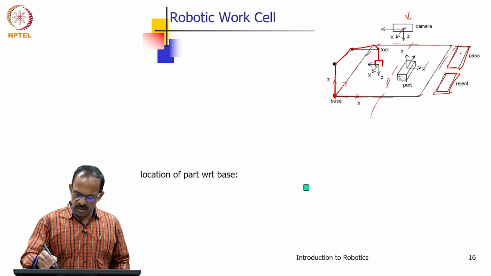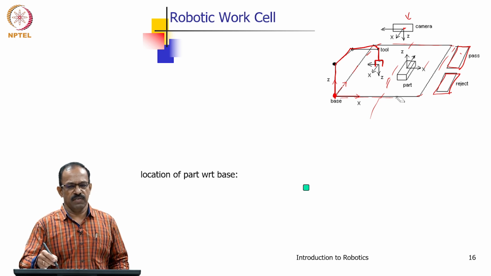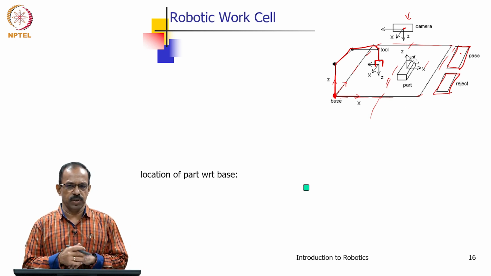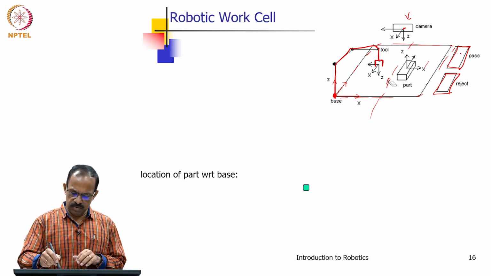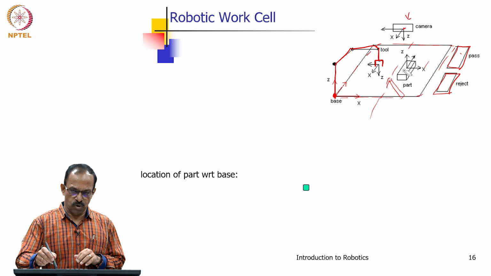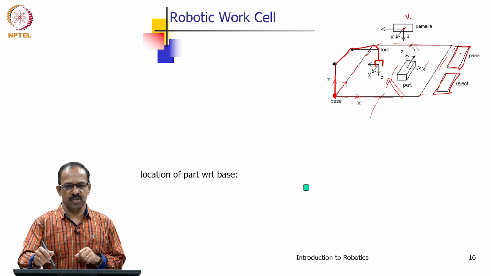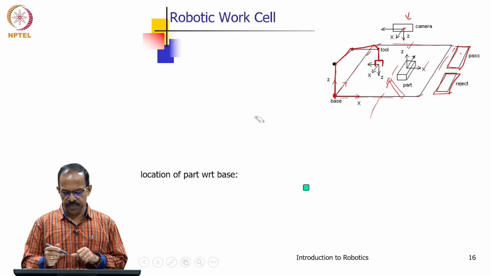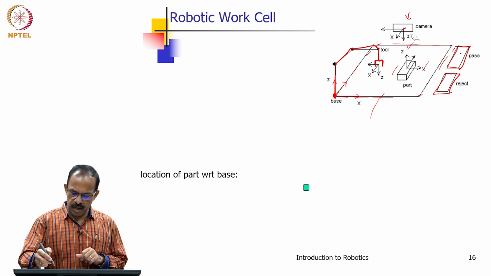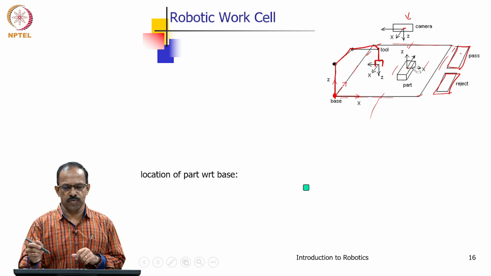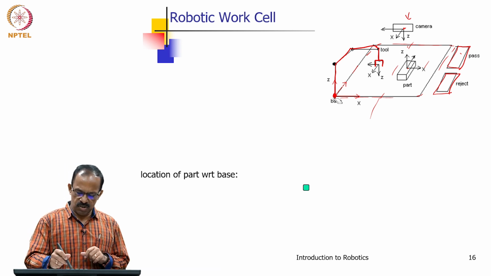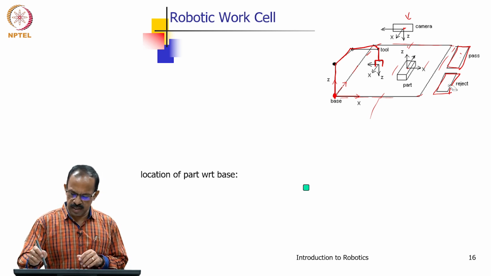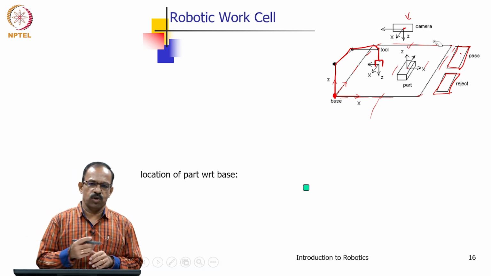Now assume that this object is coming here, and the camera is at this location. The part need not be at the same location every time. It may be in different positions and in different orientations. Sometimes it may come like this, but it will stop here, and then the camera captures the image and passes the information. Here we can see that the camera takes the information from here: the position of the object and its orientation, as well as the condition of the object, good or bad. That information is passed to the robot, and the robot goes there, picks the object, places it here or here, and then comes back. So, this is the work to be done.